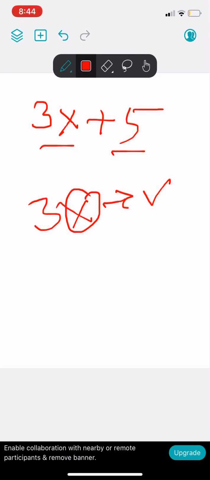Okay, so any letter, alphabetical letter involved in an expression or term is called a variable. And then a number involved in the term with variable. I'm talking about this number right here, not this number, not 5, because I'm talking about the number involved in the term with variable. So this is the term with variable 3x. So I'm talking about this 3 right here,